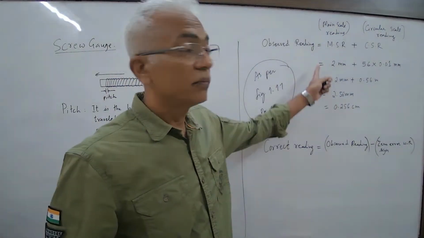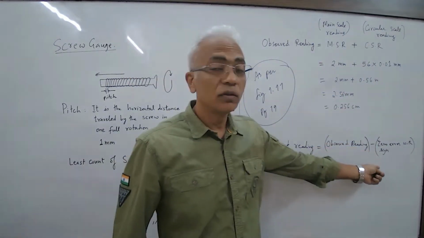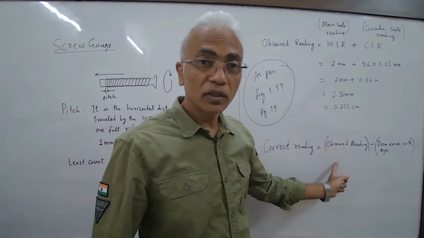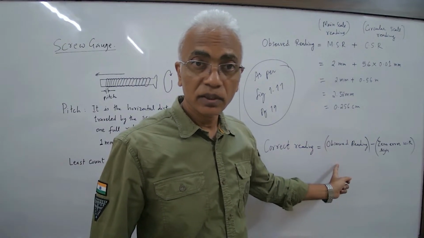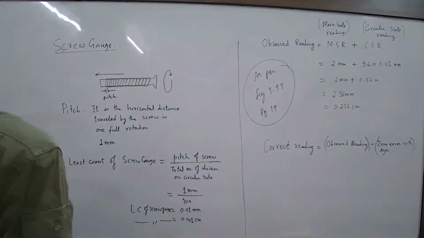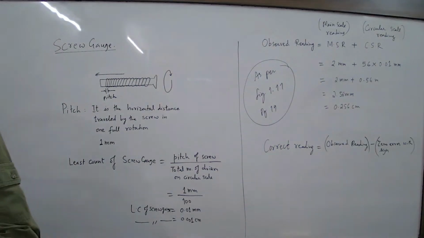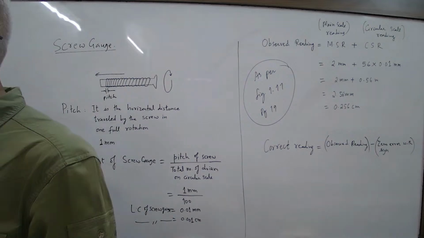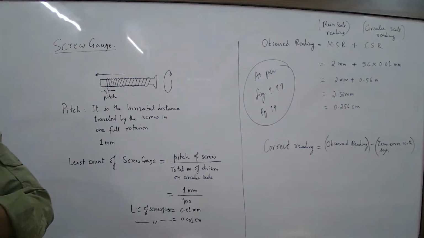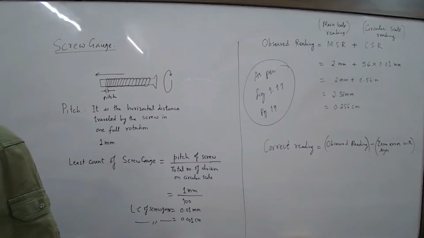ऑब्जर्व रीडिंग निकालने का ये मेथड है MSR प्लस CSR, ठीक है। अभी जीरो एरर अगर नहीं है तो यही तुम्हारा करेक्ट रीडिंग है, ठीक है। तो जीरो एरर नहीं कौन से सिचुएशन में होगा? जब तुम्हारा पूरा सर्कुलर स्केल को क्लोज करेंगे विदाउट एनी ऑब्जेक्ट, बीच में ऑब्जेक्ट नहीं रखा है, पूरा बंद कर दिया, तो जो जीरो ऑफ द सर्कुलर स्केल है बेस लाइन को मैच होना चाहिए, ठीक है। नो जीरो एरर का केस।